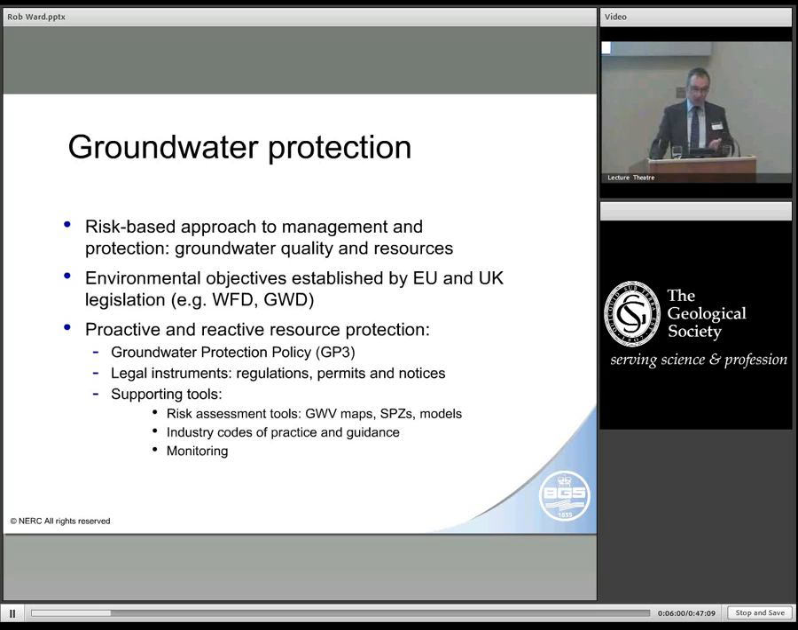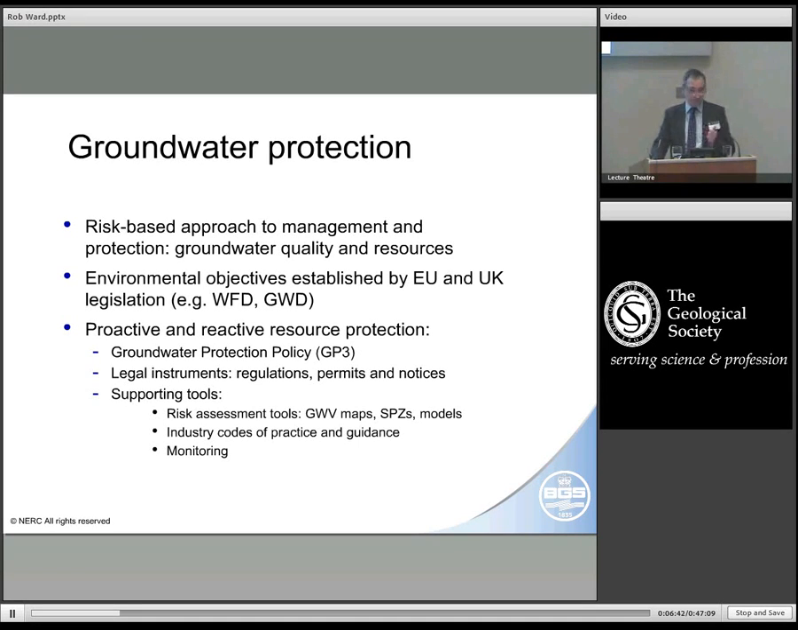so that means we have enough water to meet the requirements of human demand as well as the environment, and also for the surface waters and protecting wetlands, so we can meet this diverse range of demands on our water environment. And to do that, we have a range of tools. We have regulatory instruments and regulations, but we also have supporting tools: risk assessment methodologies and models, groundwater vulnerability maps, source protection zones defined to protect public water supplies, and also codes of practice and guidance to ensure groundwater is protected, both proactively and